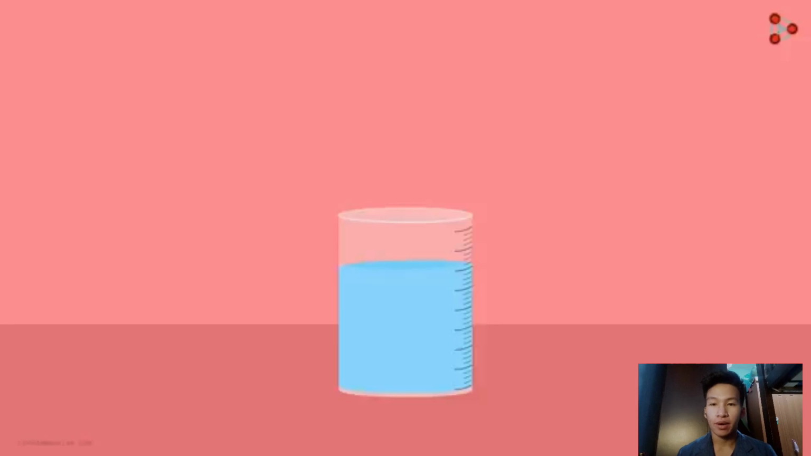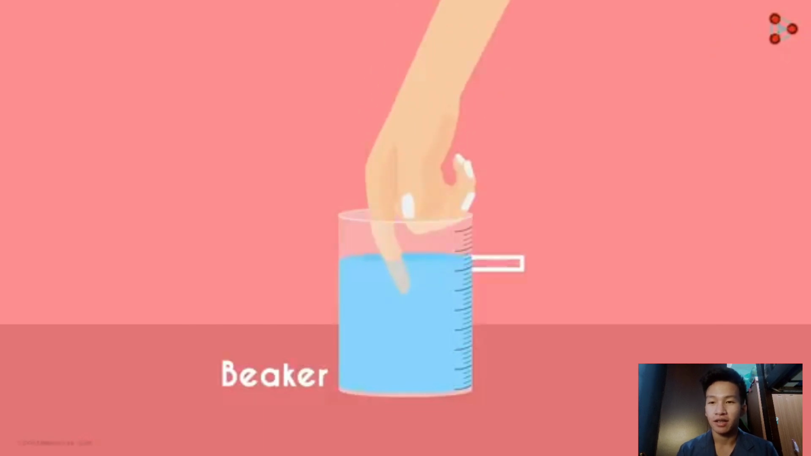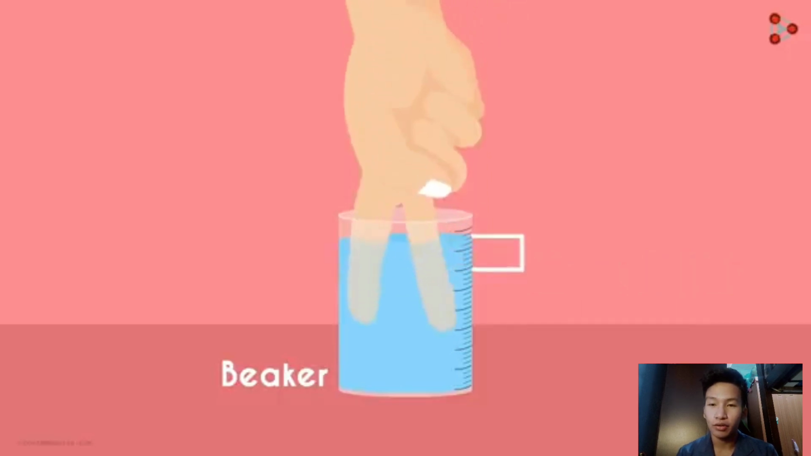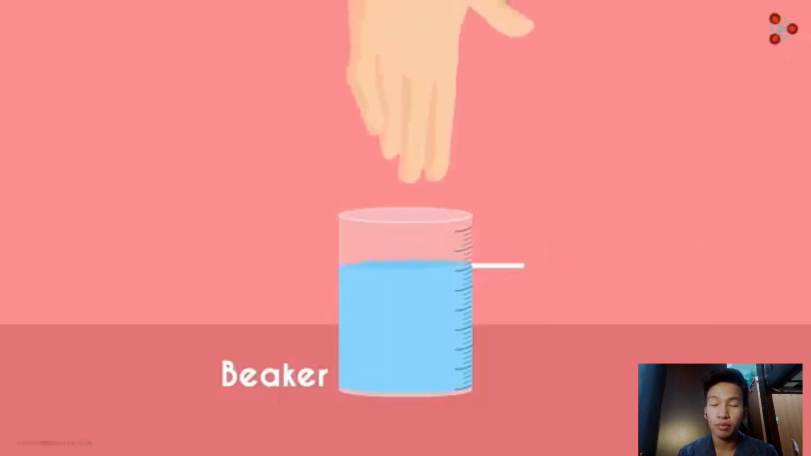Your index finger inside it, you'll observe the water level rises slightly. When you put in two fingers, the water level rises a little bit more. And now when you put your hand up to the wrist level, you will see the water level